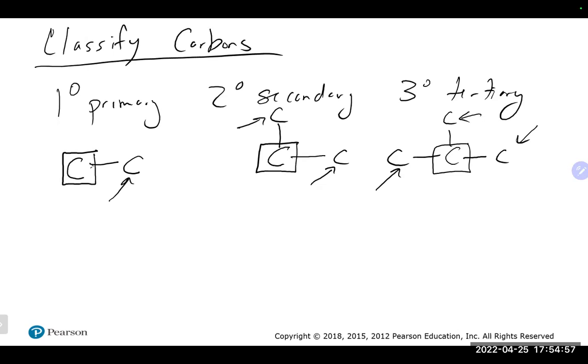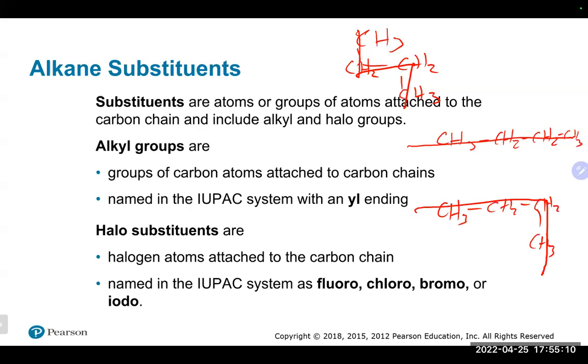Now, we talked a little bit about this a second ago, and there are, again, some different groups that we do see in organic chemistry that are attached to our main chain. And those are alkane substituents. Substituents are just a fancy way of saying basically guys that are attached to the main part of the chain that are not part of the main chain, like our methyl group we saw, our ethyl group, and so forth. As I mentioned earlier, the alkyl groups do have the -yl ending at the end of it. And you basically just take the -ane off of the alkane name and drop the -yl in it.